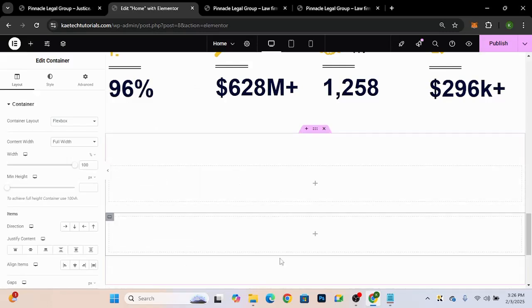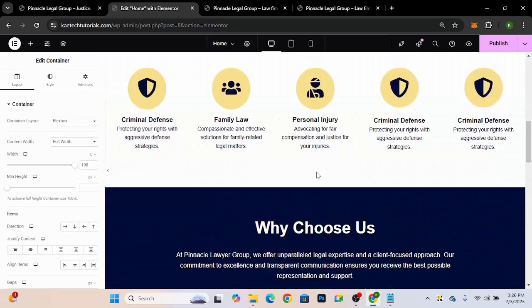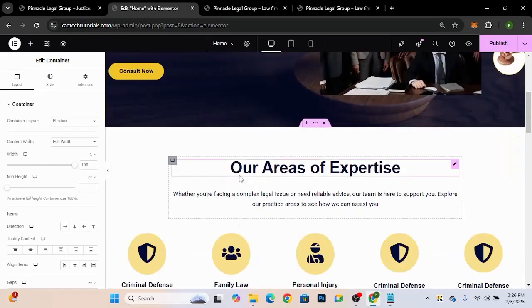Okay, so what I will do is I'm going to use this place to write the words and this place to contain the blog post. Okay, so what I'm going to do is I'm going to choose this particular side. Okay, so what I'll do is let me just copy